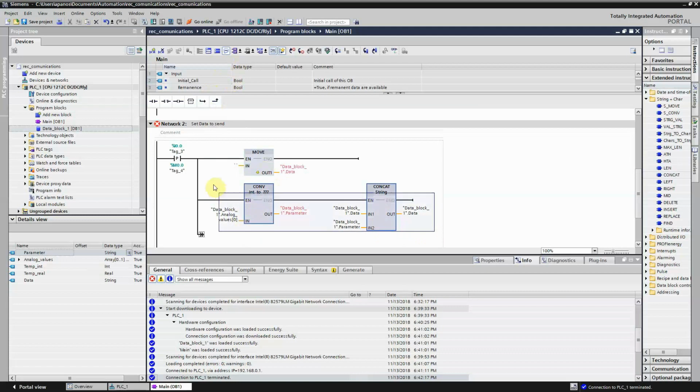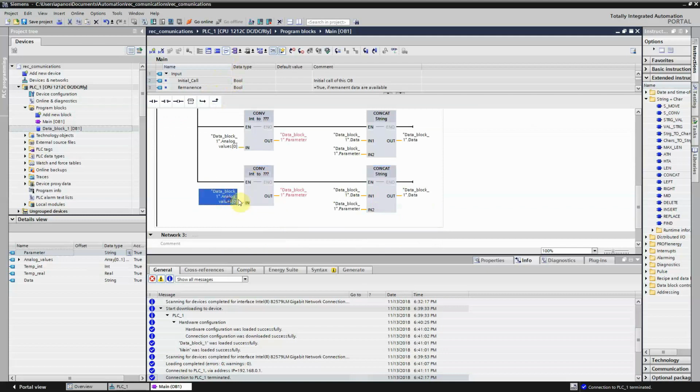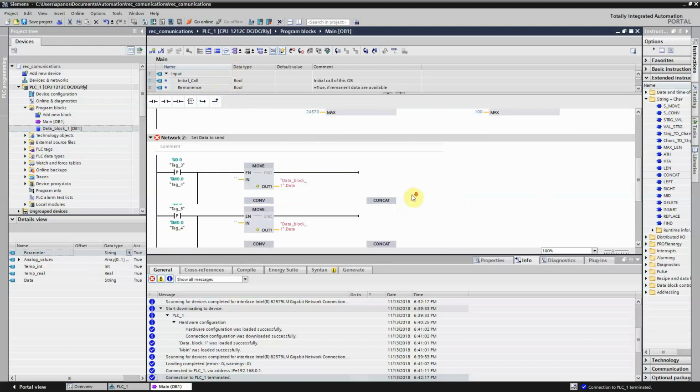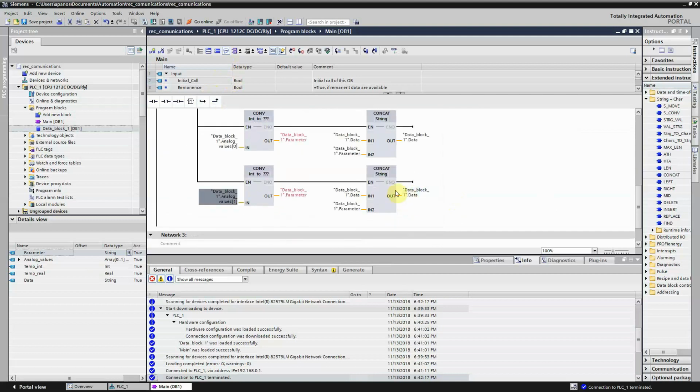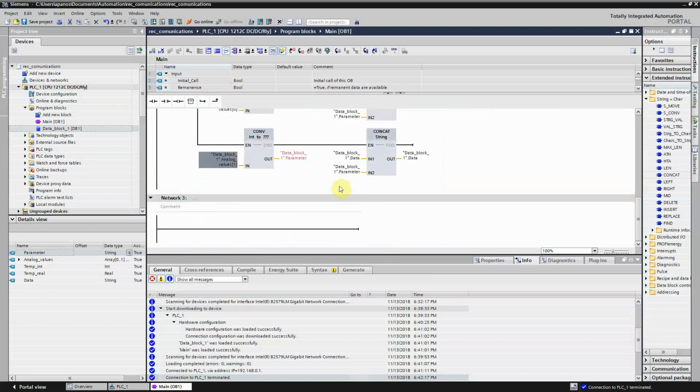Move. Now we copy this again in a new branch, and in this case we will use analog value 1, and we concatenate it to our data block. So for now this is it. The next thing we're going to do is